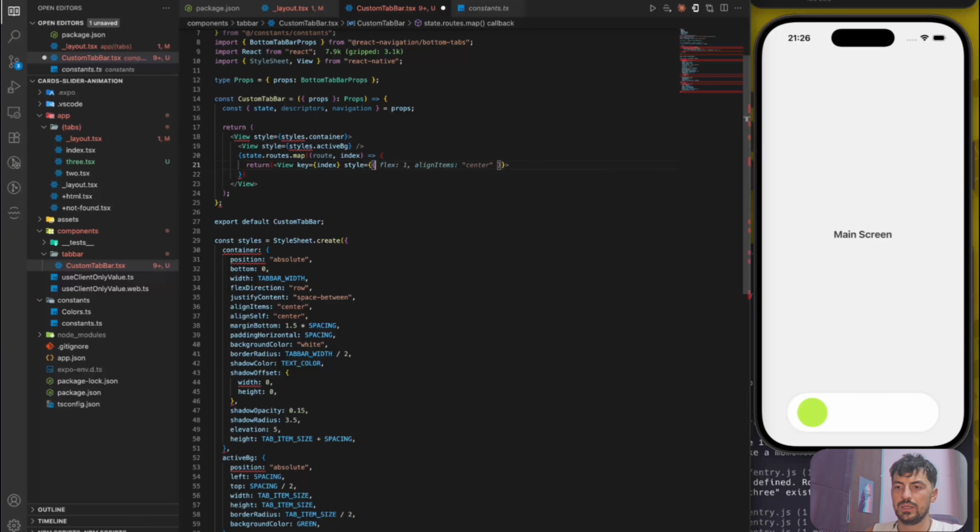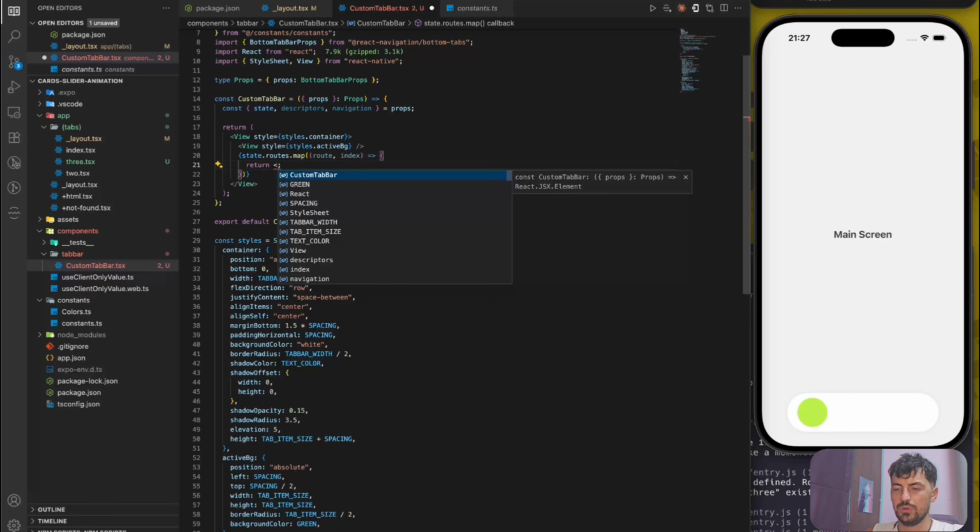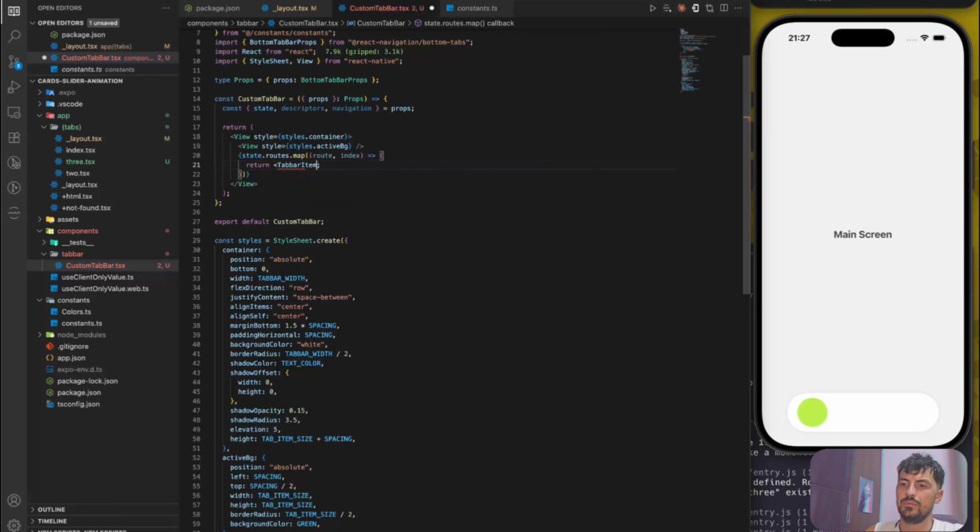We don't have styles yet, okay, let's create the component,